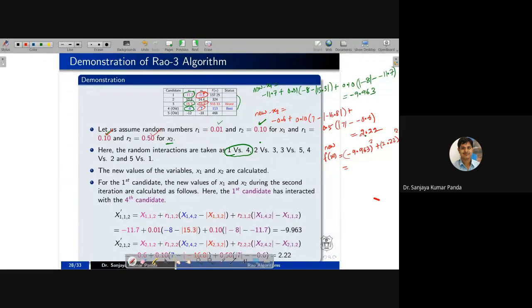So you will get minus 9.963 whole square. It is 99.261369 plus 2.22 into 2.22. How much will you get? You will get 4.9284. If you sum these two,